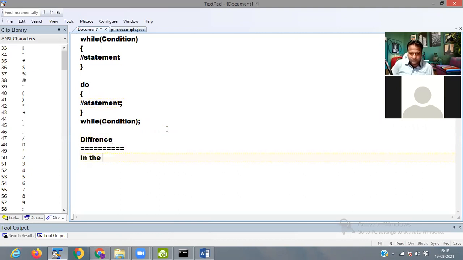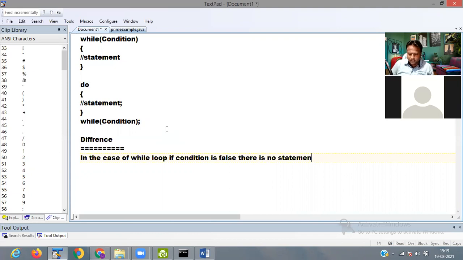In the case of while loop, if condition is false, no statement is executed.